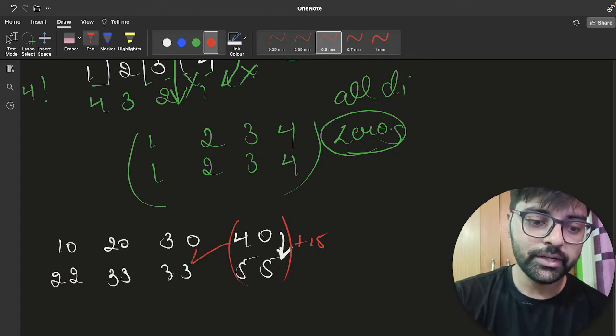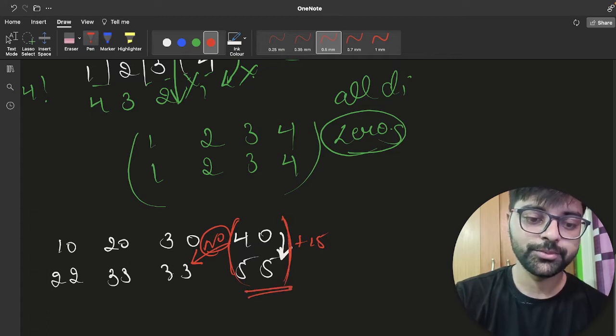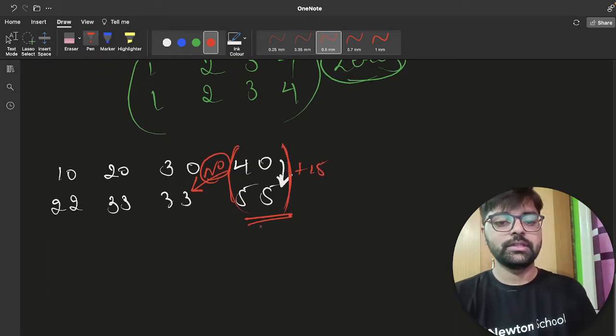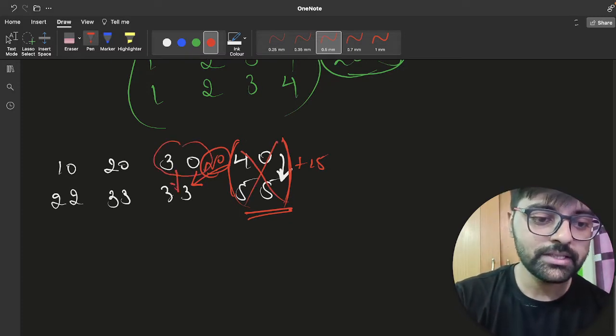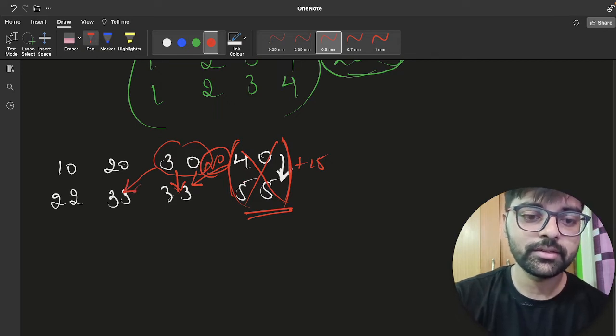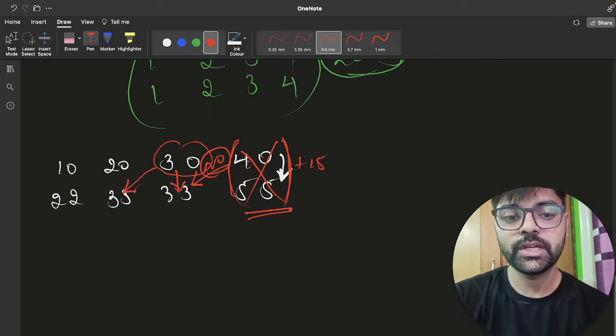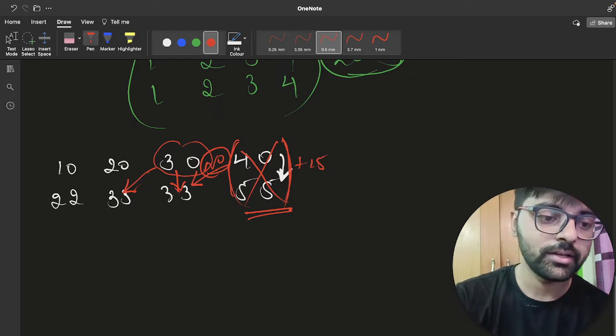Can we make 40 into 33? No. So there is only one option for 40, 55, right? So this is done. Now for this 30, can we make it 33? Yes. 55? No, because 40 has already taken it, right?